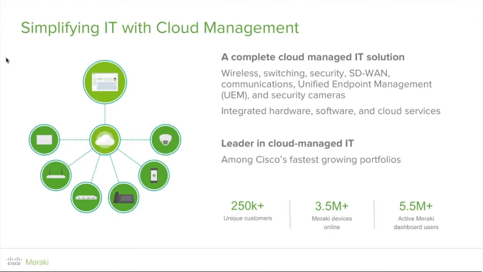We are, of course, a leader in cloud-managed IT at this point, and we are among Cisco's fastest-growing portfolios, which we're really proud of. We have over 250,000 unique customers, over 3.5 million Meraki devices online, and over 5.5 million active Meraki dashboard users. So those numbers are kind of